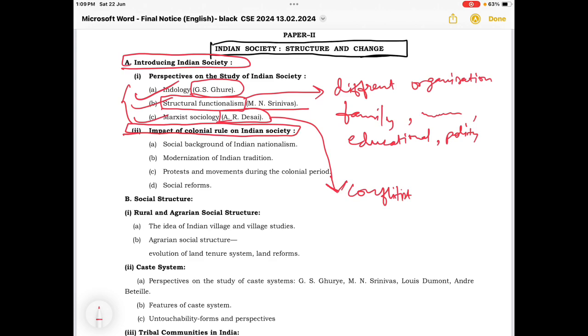Like you have read about the Macaulay theory. TB Macaulay was also put in charge of the law commission. He was made a member of the first law commission which was established. And he proposed the downward filtration theory, that he would educate certain masses, and those masses would teach the whole masses. So the downward filtration theory, and he had also said in one statement that we want to create such an Indian society where the people will be